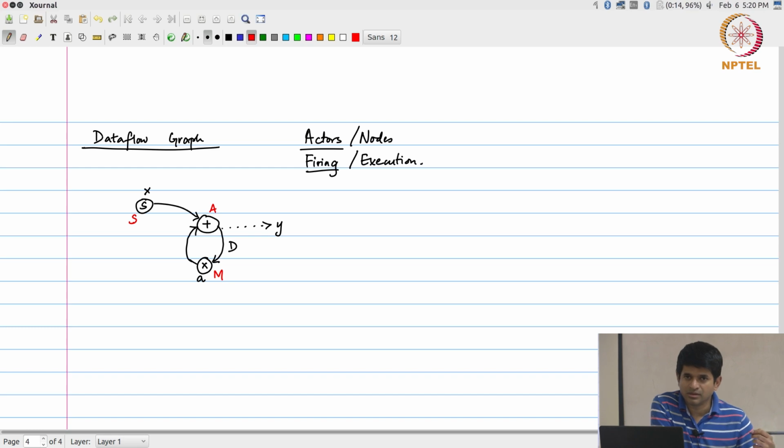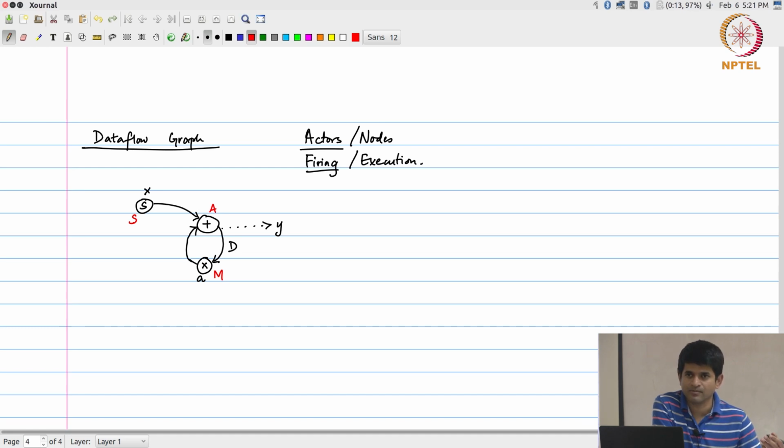The idea behind data flow is that at any given point in time I can look at all the different actors, decide which ones of them are ready to execute and execute them. Of course, how do I execute them, where do I execute them, am I going to run it on a processor or in some custom hardware? That is not the concern of the data flow graph representation. The data flow model itself is just saying that this is how you can understand the meaning of this graph and how it